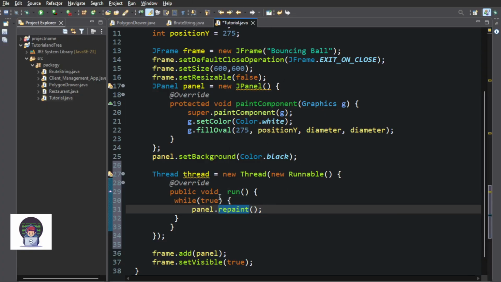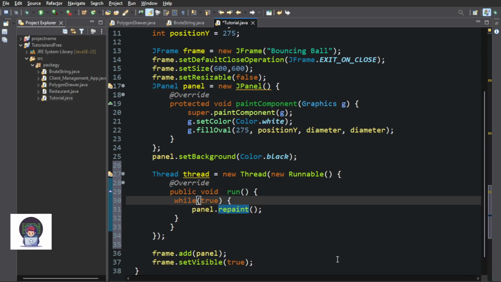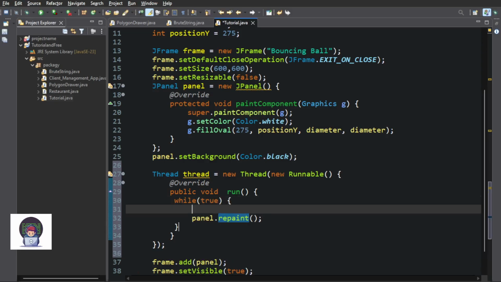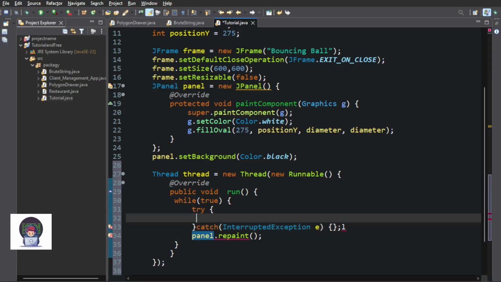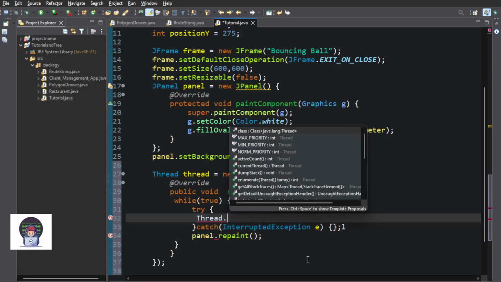But now the thing is, this will happen like millions of times per second because the computer's processor is very powerful. So we have to put a 60 FPS delay. How will we do that? This try, catch an InterruptedException e, and just put it like this. Right. And try Thread dot sleep for